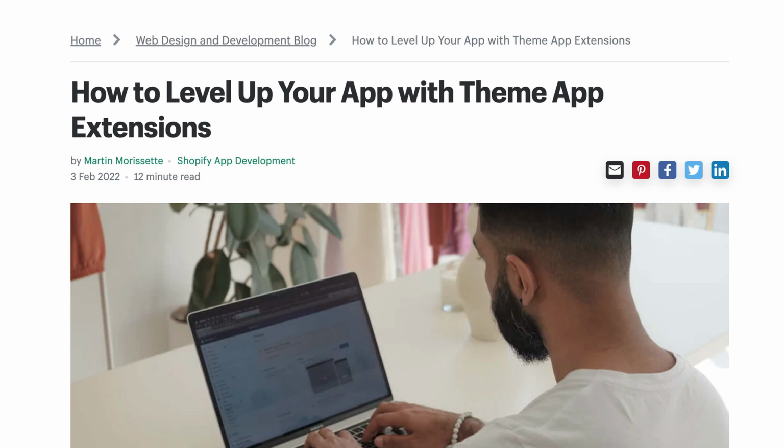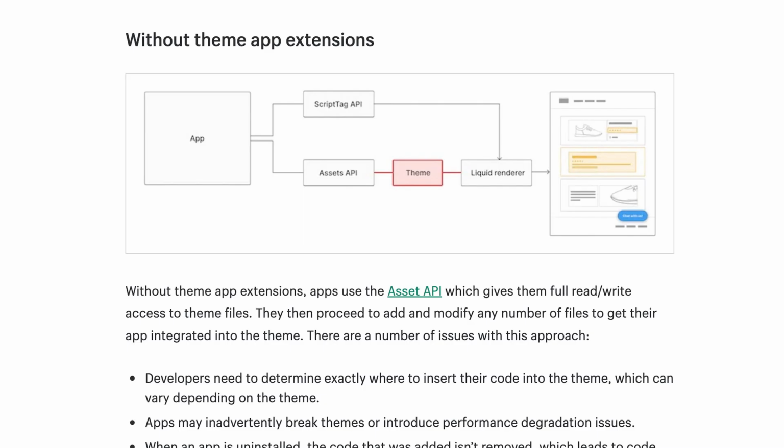So I mentioned that Shopify apps can programmatically affect the back end of our Shopify store, but oftentimes the front end as well. So how does this happen? Well, before Theme App Extensions, this was how it worked. As it says here, without Theme App Extensions, apps use the Asset API, which gives them full read-write access to theme files. They then proceed to add and modify any number of files to get their app integrated into the